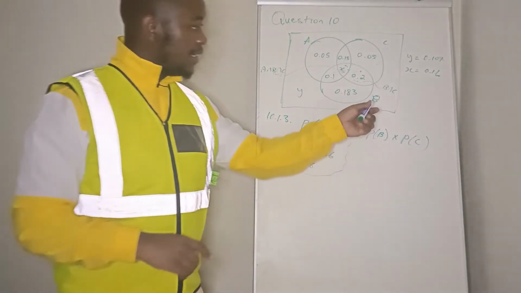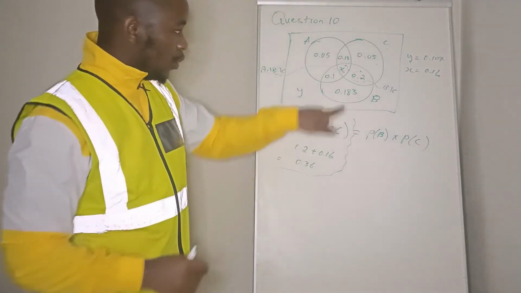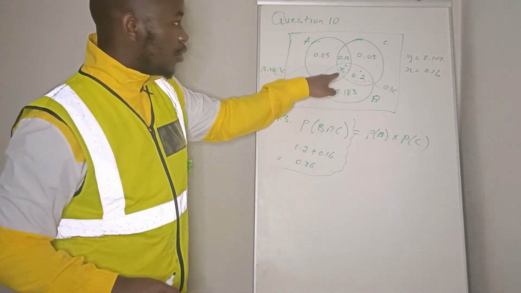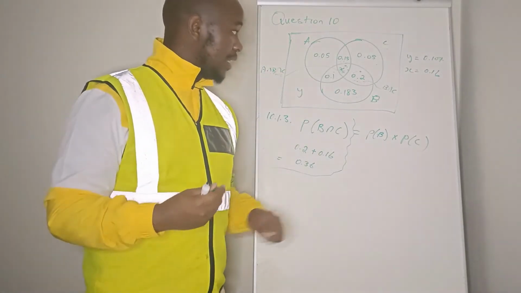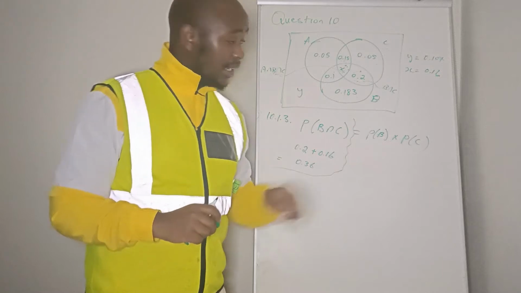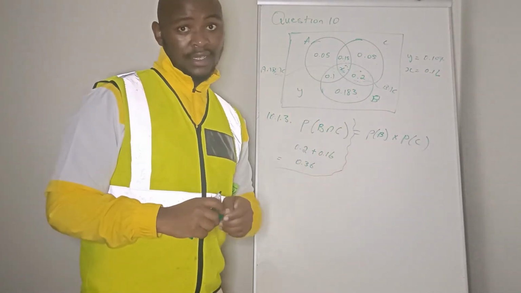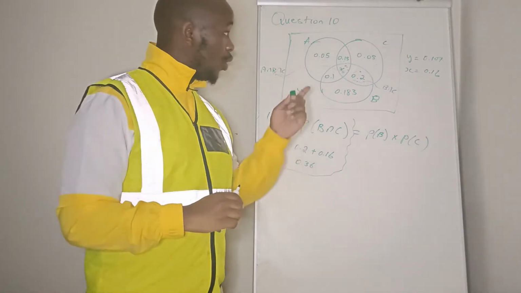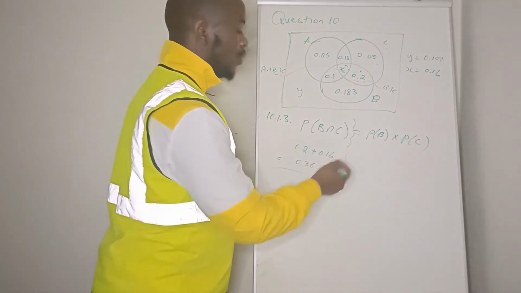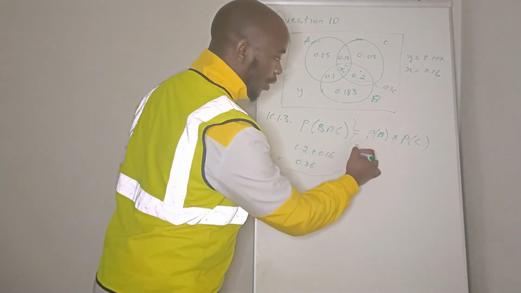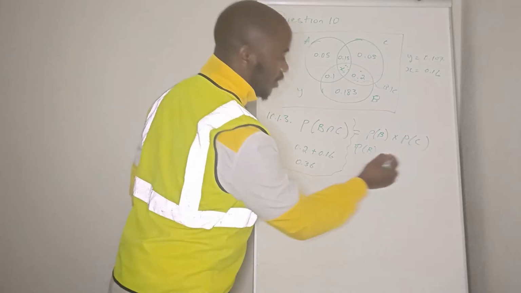It doesn't say that the event B only, because if it was only, we'll just look at this number and not consider these ones in here. But we are now talking about the probability that B happens. And B can happen here, B can happen here, and here, and here. So we need to consider all those probabilities. So that means that we need to look at probability of B, and probability of B is equal to